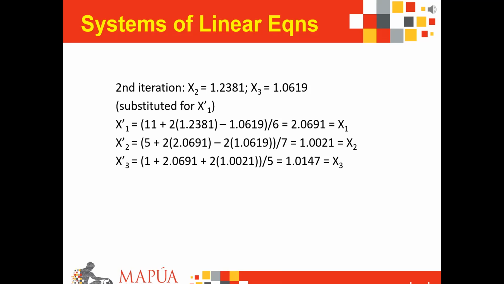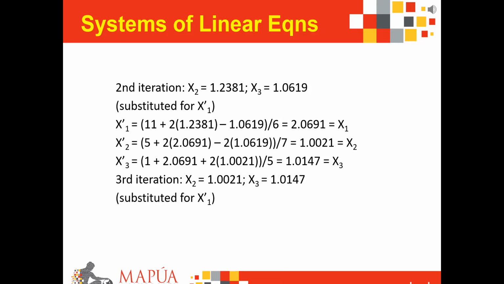We then check whether we could terminate the process by comparing the previous values of your x1, x2, and x3 onto this new value of x1, x2, and x3. And as seen from our previous solution, it is very noticeable that we simply need to repeat the process. Therefore, we substitute the last computed value of x2 and x3 onto your next iterative variable x1, which is found on your third iteration,